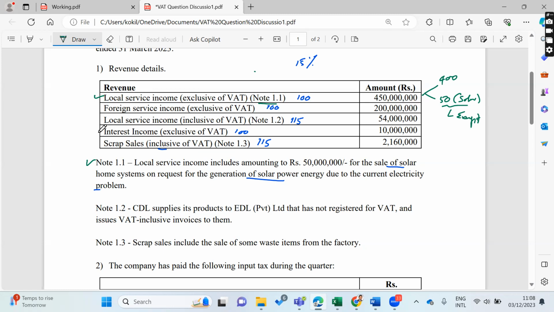If it is an open book exam, like an Indian professional exam, you can quickly refer to the relevant schedules and check whether it is exempt and make sure. But if it is a closed book exam, you have to be mindful of all these things. Then the next adjustment is